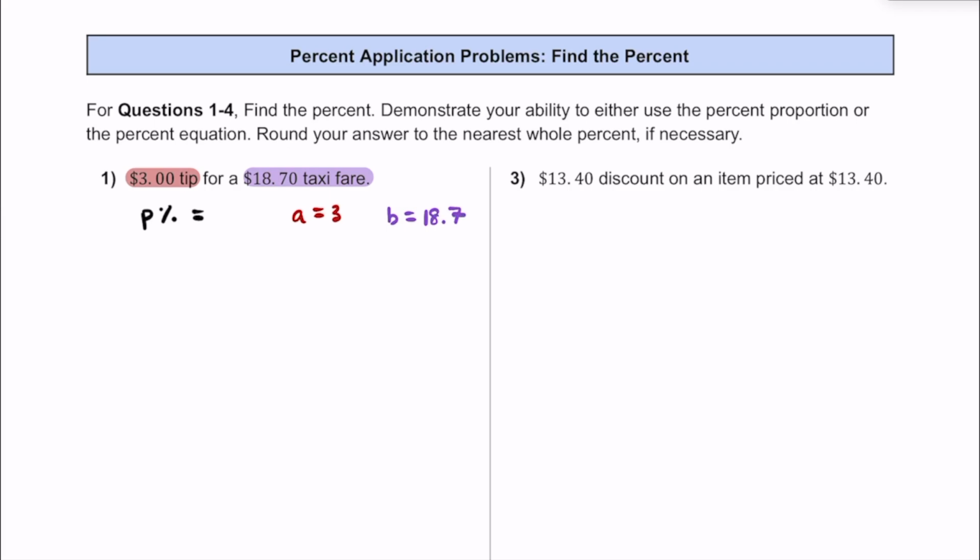Now you can write a proportion, or you can use the percent equation. I'm going to use the percent equation, where A is equal to P percent of B. Substituting in, I'm going to say that 3 is equal to P percent multiplied by this 18.7. And then if we divide both sides by 18.7, we're going to be left with P percent on its own. For 3 divided by 18.7, let's multiply both those values by 10,